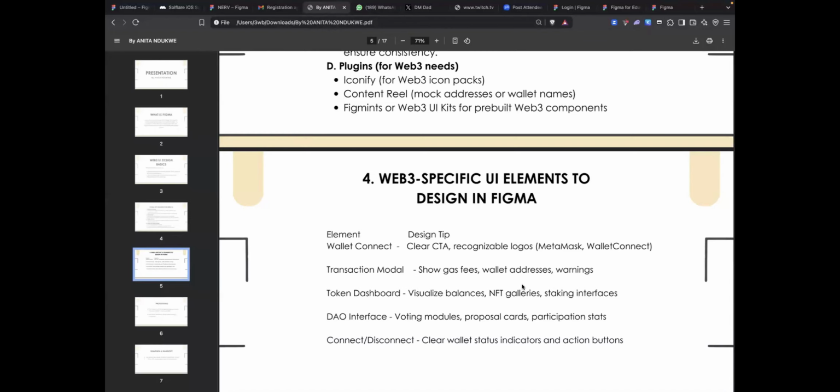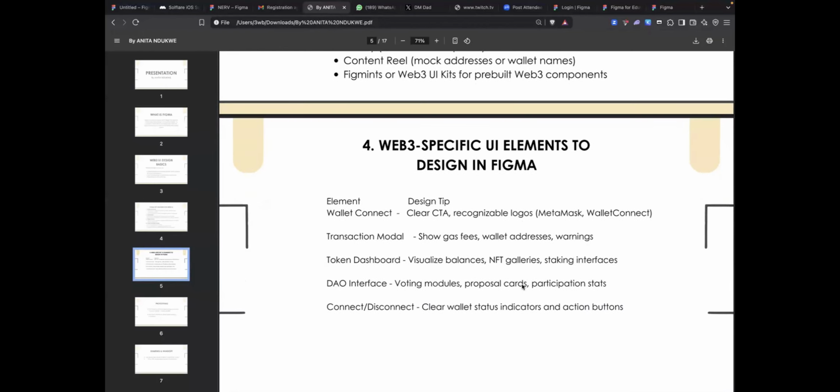Web3 specific UI elements to design in Figma. Wallet connect, with clear CTA, logos, and transactional modals. Transactional modals are where it shows you your gas fee, your wallet addresses, and warnings. Let me show you this through the DAO interface, the voting.